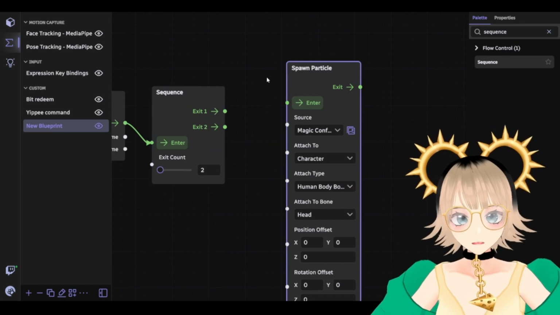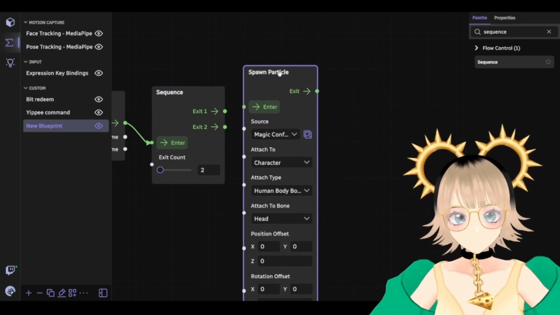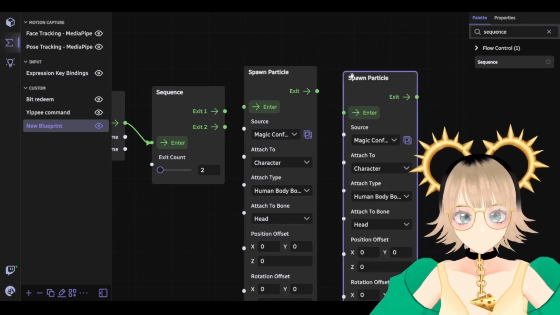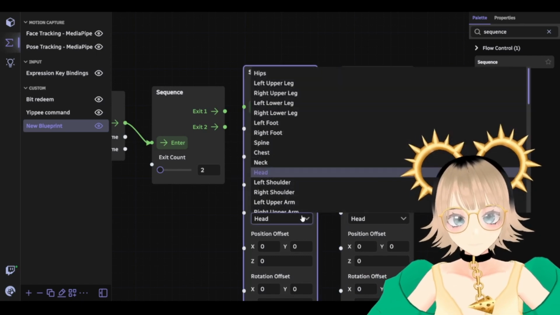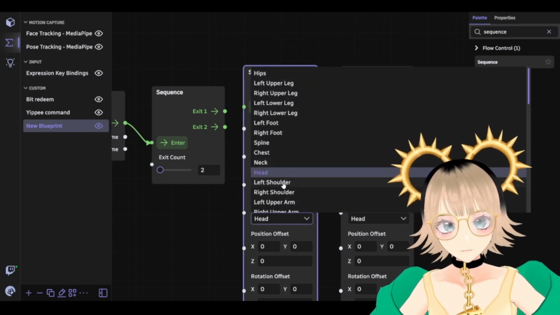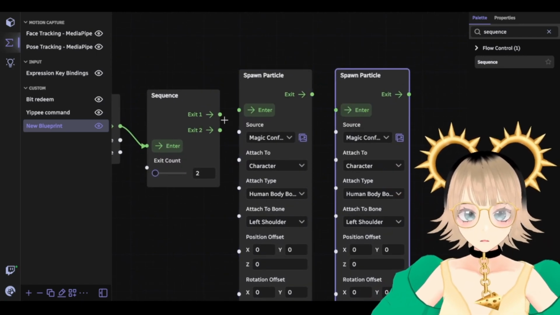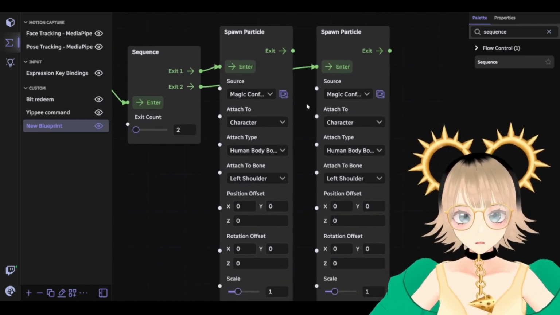And what this can do is you can have two of these. So say you want one on each shoulder or something. So let's do one on the left shoulder, one on the right shoulder. Now we plug this into exit 1, plug that one into exit 2,